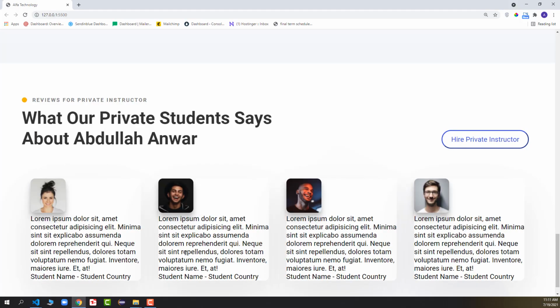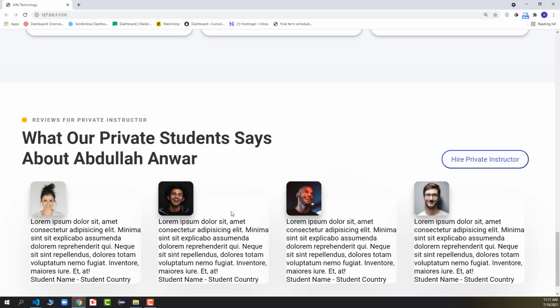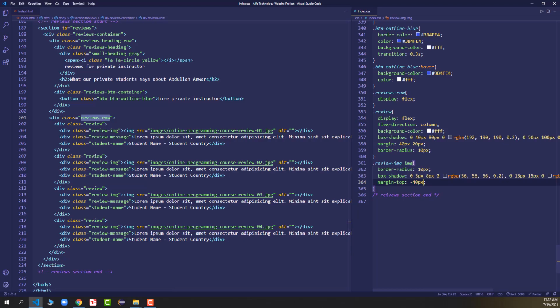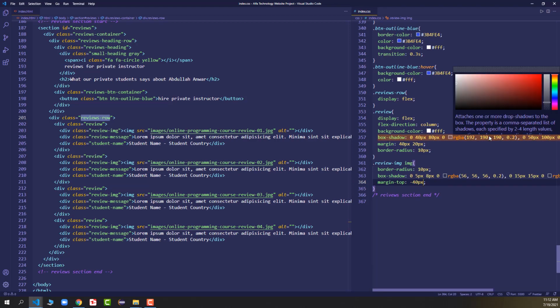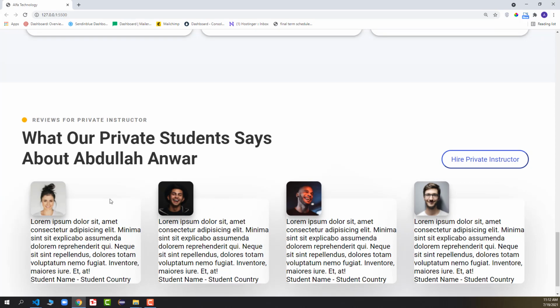So we got the box shadow as well. You can see a decent amount of box shadow. After that I will add margin top negative 40 pixel, so the image will go a little bit up. Now I want to make the box shadow a little darker, so we can make it like this. This looks good.